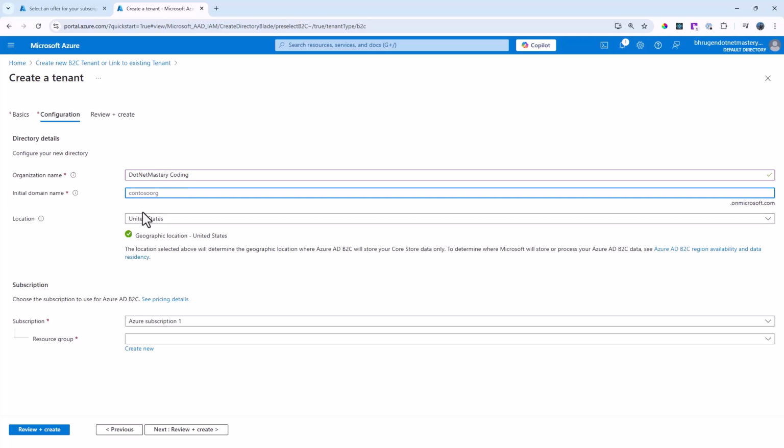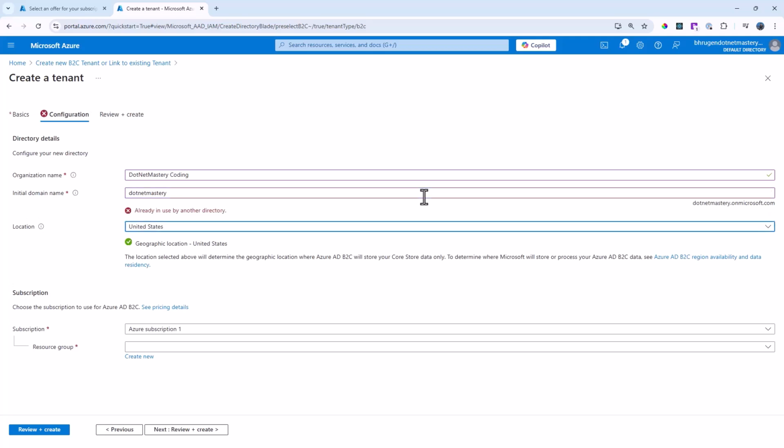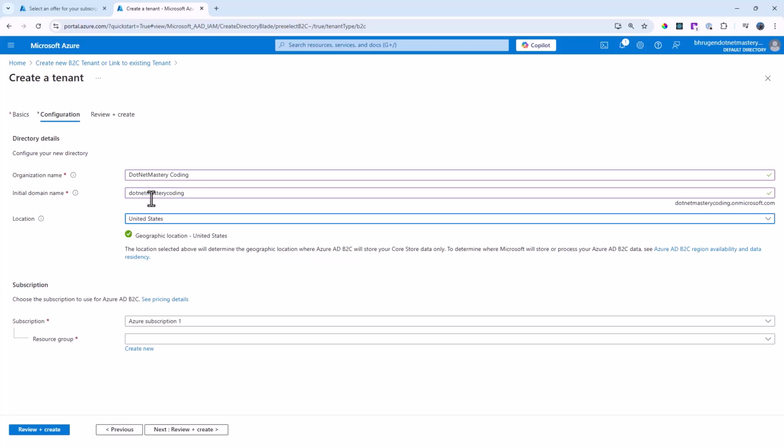Then we have initial domain name and this is critical. As you can see, it is appended with .onmicrosoft.com. That means it must be unique. If I try .NET Mastery, it will not work because I have already taken that in some other video. So rather than that, let me call that .NET Mastery Coding here. And perfect, that is available. That's why you can see the final domain name will be .NET Mastery Coding